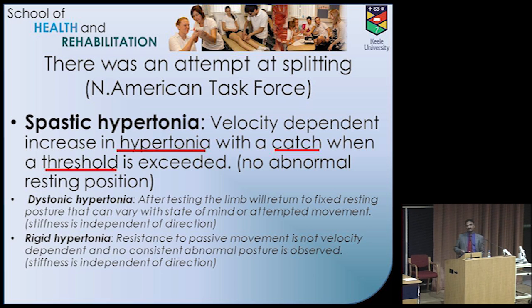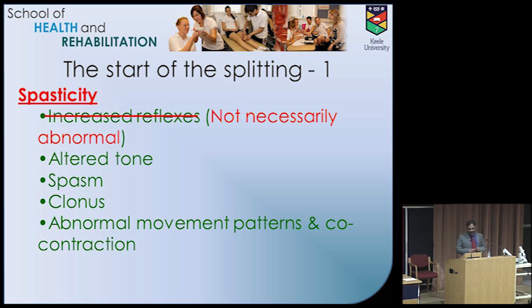The American team decided to focus on stiffness. To me, continuing to focus on stiffness when the evidence was that stiffness is a confounded measure was not good science at all. And so, due to the circumstances, we decided to carry on working independently as opposed to working in collaboration. And at this stage, we went back to the overarching clustering of spasticity and we started looking at the